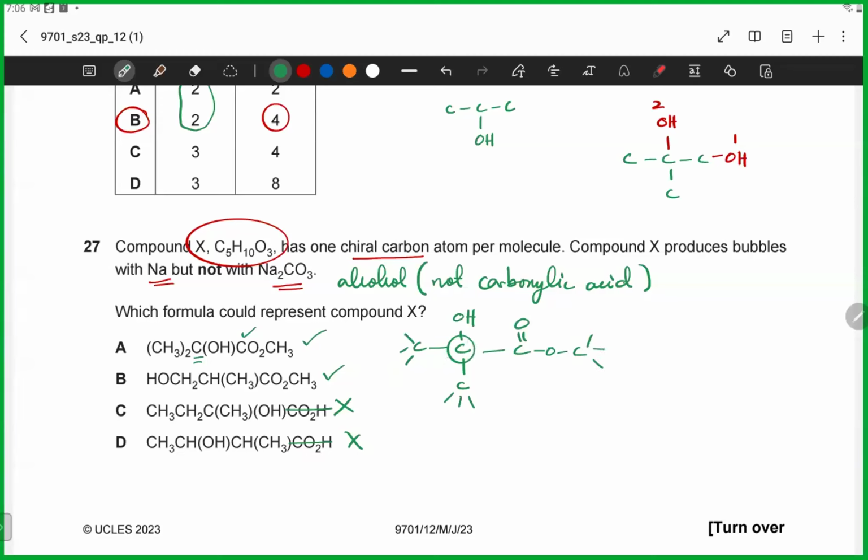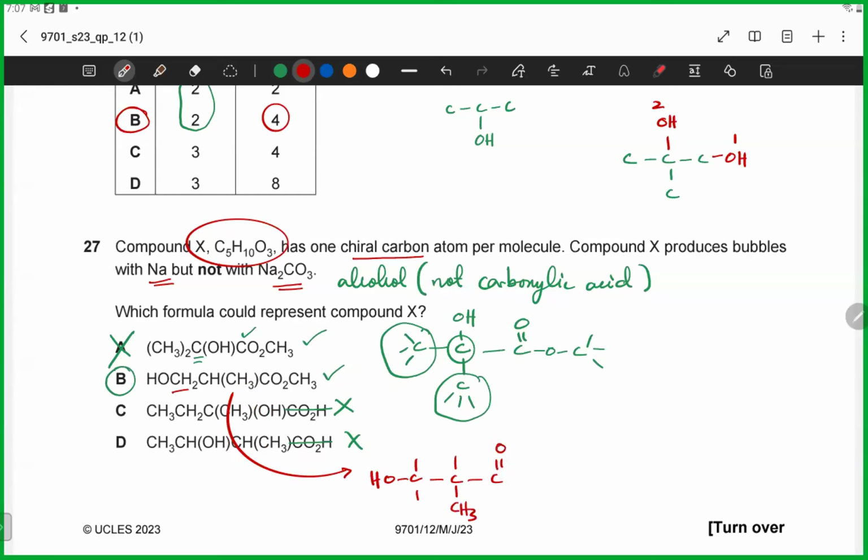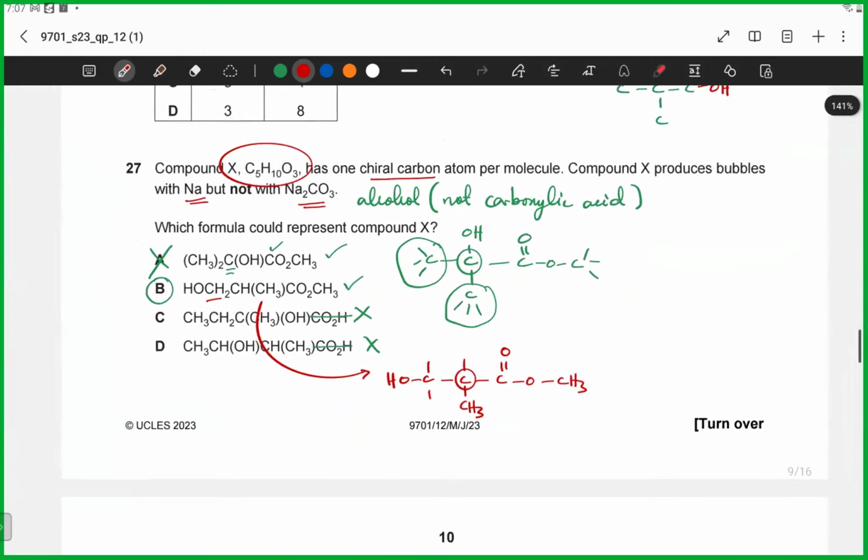This carbon is not chiral क्योंकि it's got 2 CH3 groups, same groups आ गए, तो A तो गलत हो गया, it's going to be B. B को ड्रॉ करके देख लो, what is B? कि इधर से स्टार्ट कर लेते हैं, CH2 OH और फिर क्या, CH, and then there is CH3 branch और फिर ester C double bond O और फिर दोबारा CH3. So this one is definitely chiral. All 4 sides are different. Clear है? तो B है. Okay, sir. ठीक है।